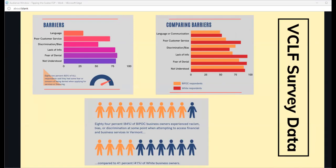But you can clearly see here, thanks to some great infographics from Alina, our Director of Business Resources, that fear of denial and experiences of not being understood by lenders were paramount obstacles when pursuing a loan or approaching an institution for a loan in those communities. So, owning that this is a huge, complex conversation that deserves a far more thorough and fair analysis than we are capable of doing here,